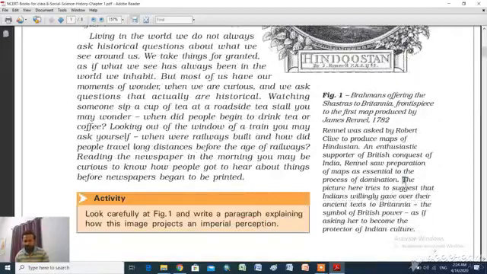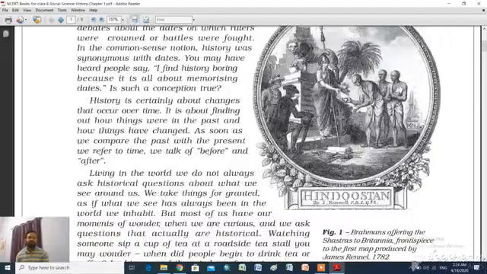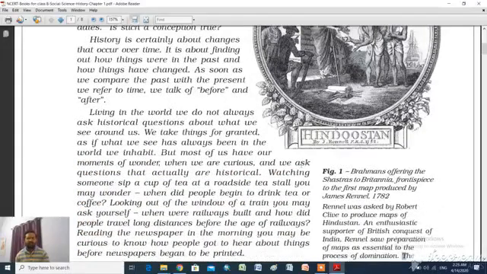Here look at this description. The picture tries to suggest that Indians willingly gave over their ancient texts to Britannia. So this picture symbolizes the royalty, the greatness, the glory of the British, that they captured India. So this is an important thing. So my first question is